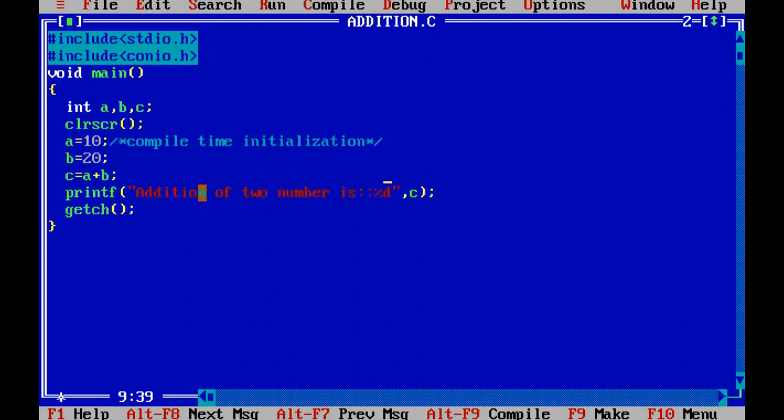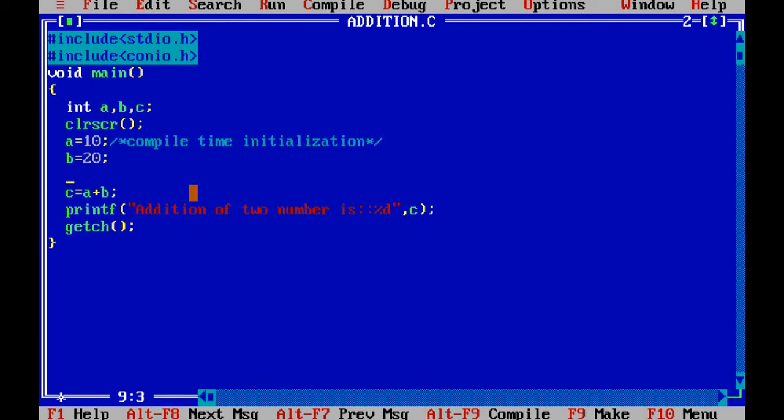But I want runtime initialization. So for runtime initialization, I can add the scanf function in this program before writing the expression.